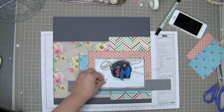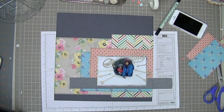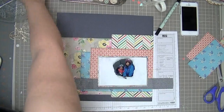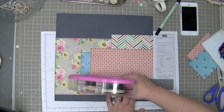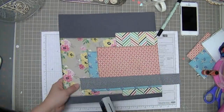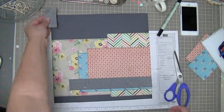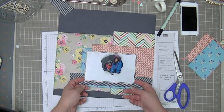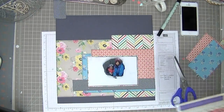And now I'm taking out those wood veneers to check and see if they're going to look good on the photo in the place that I had planned for them. And I like that look, so I'm going to snap a picture, even though I don't think I would forget that. But now I'm going to put that ribbon in place, and I really love what that ribbon adds to the layout. I end up covering up a lot of it, but it adds a nice texture,